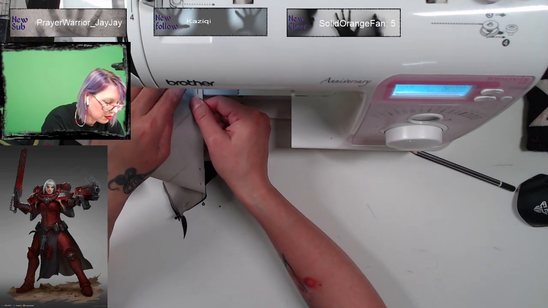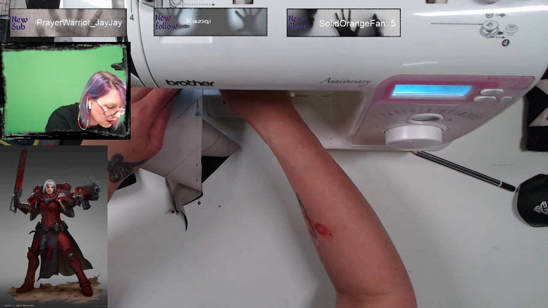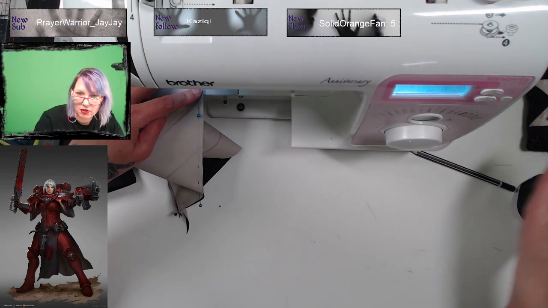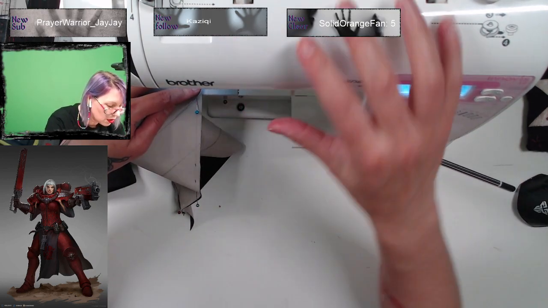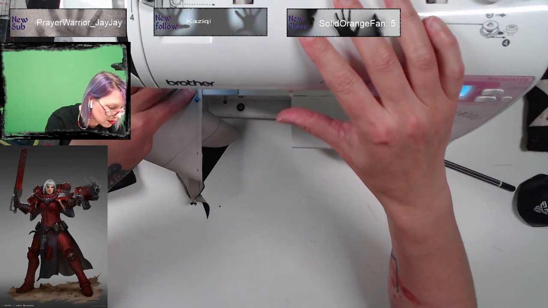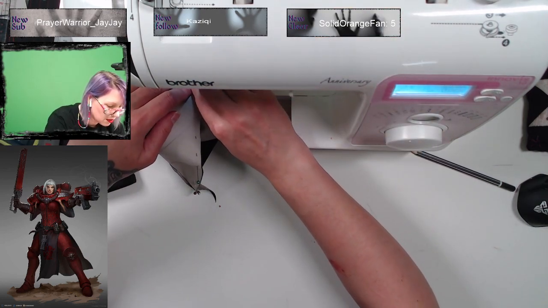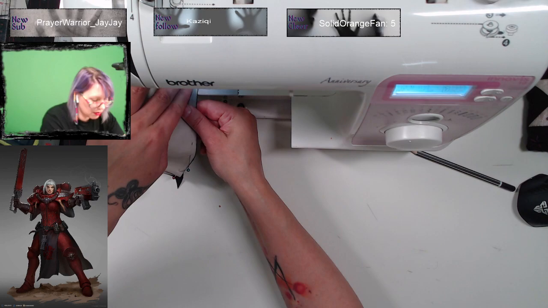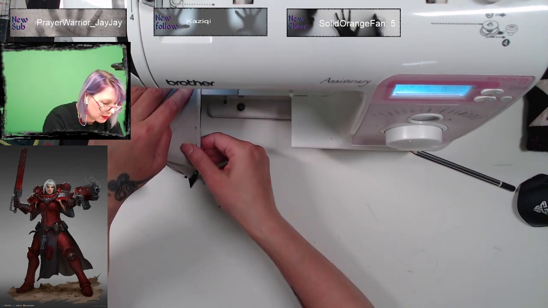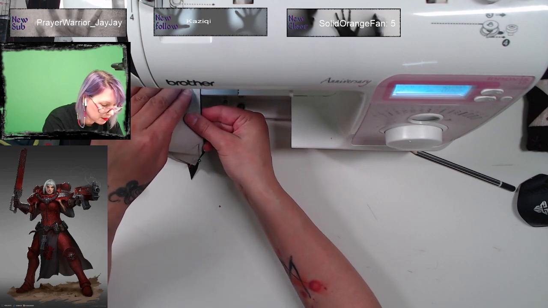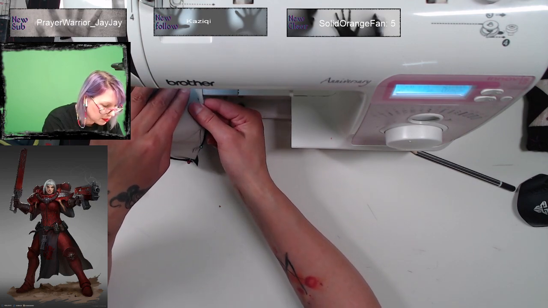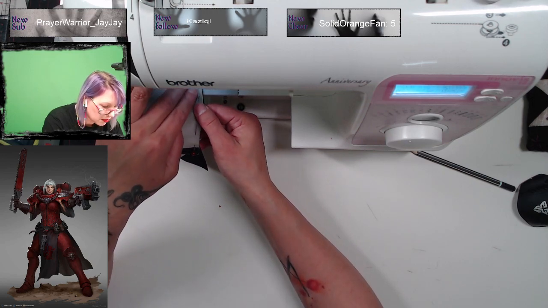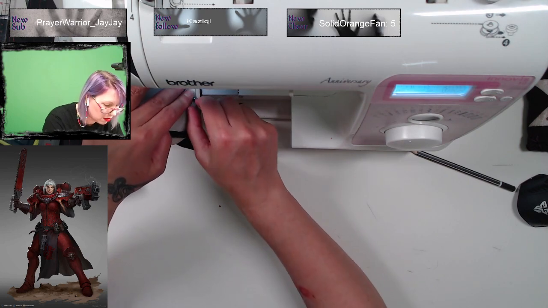Ow. Right. One stub. Oh, come on. I have to make sure I don't accidentally double stitch something. There we go. Ow.